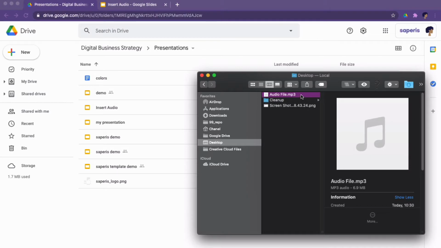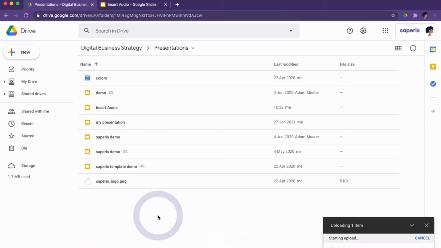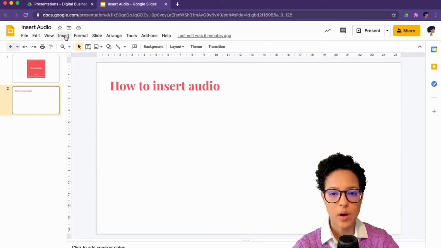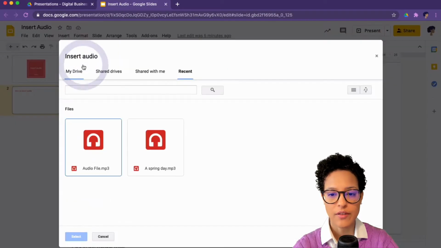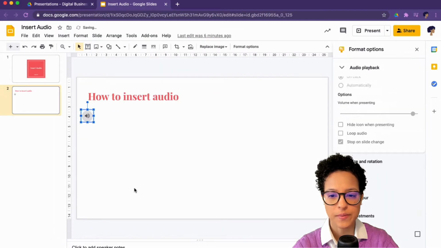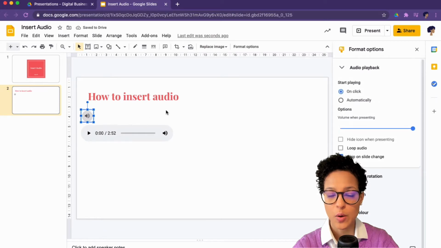Please note, you can only import audio files into Google Slides that are saved on Google Drive. After I've uploaded my file to Google Drive, I can go ahead, and here it is under the recent files. I can now add it to my Google Slide presentation. And there you go. Automatically, you see here on the right side the format options, so I can define that